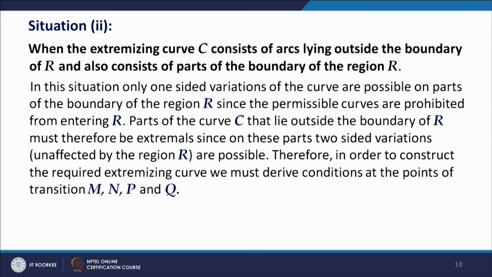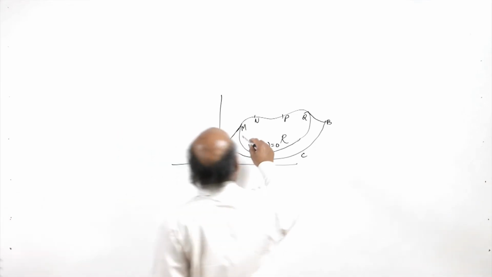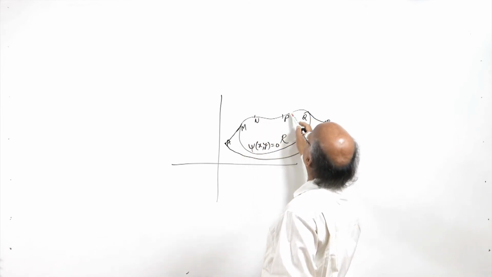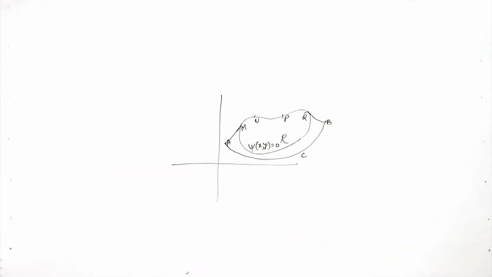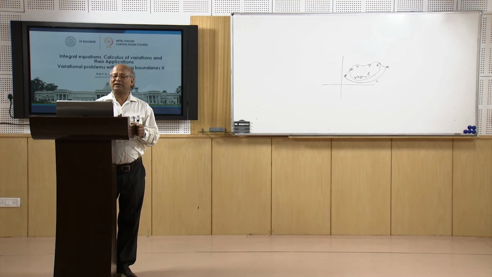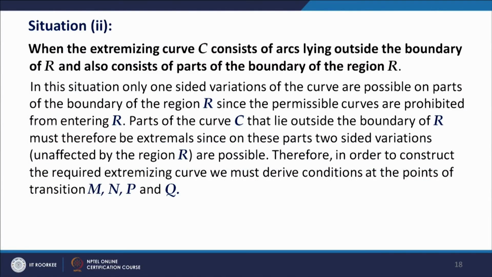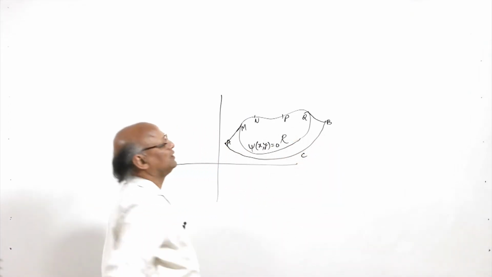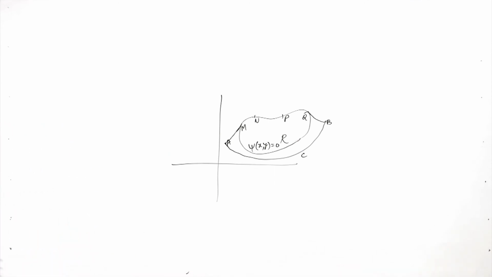Because this region is prohibited, only one-sided variations are possible on the parts of the boundary of the region R. Now since the permissible curves are prohibited from entering R, parts of the curve C that lie outside the boundary of R must therefore be extremals. The parts of the curve that lie outside the boundary, that is AM and QB, must therefore be extremals, and